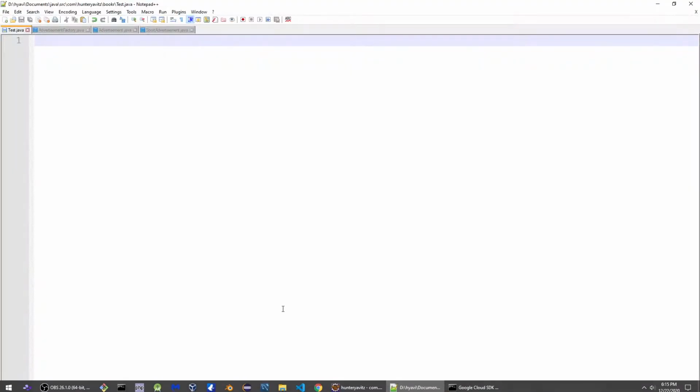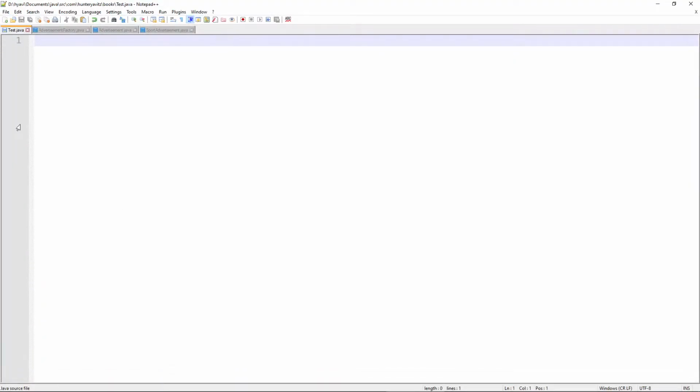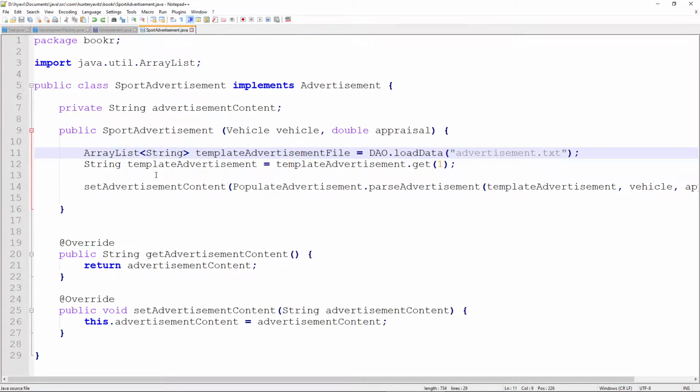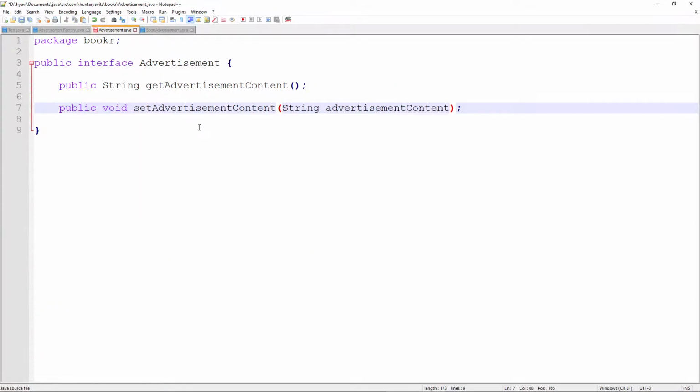So if we jump into Notepad++, you see here I have a blank Java file called test, and this will be the testing class. However, before we get started, we need to go to the advertisement interface and make a very small change. In the last video, I forgot to add the parameters to the set advertisement content, which should have been a string called advertisement content. As we have overridden this method in the sports advertisement class, which implements that, the overridden method itself does in fact take those parameters,